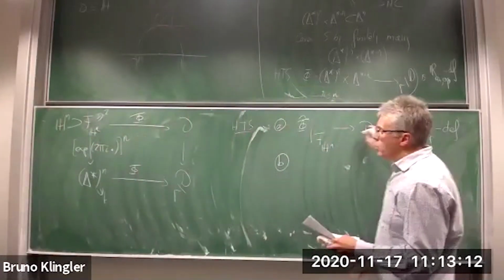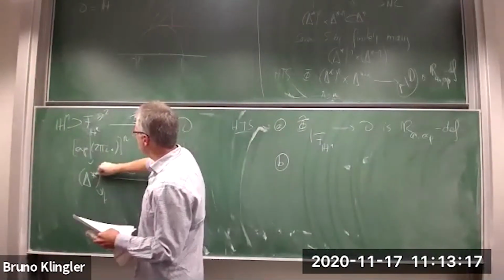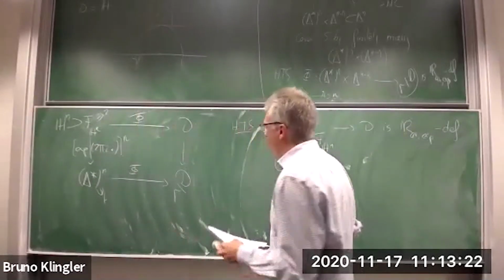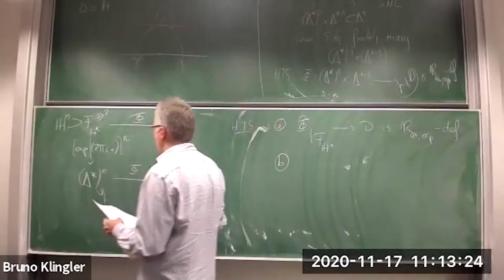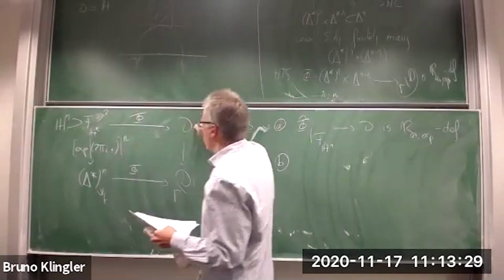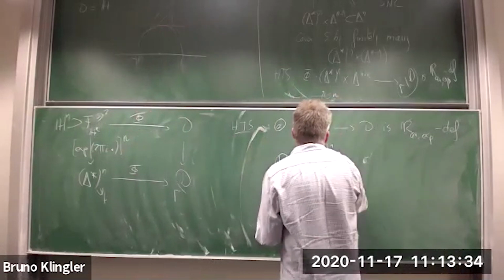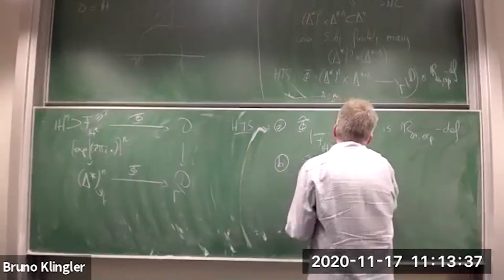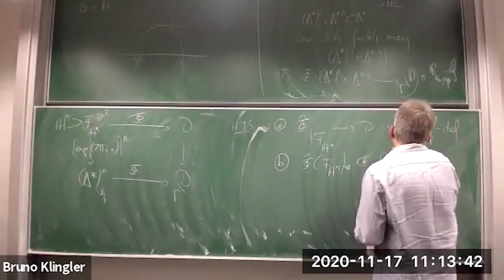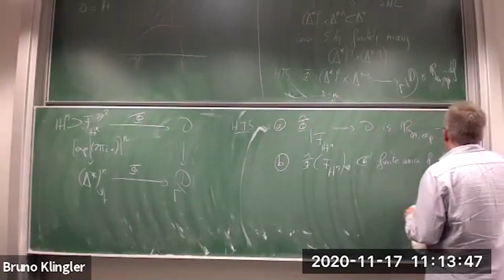So the first thing I want to show is that this phi, in restriction to this fundamental set, is definable, because then this composite will be definable locally. And then you have the global problem: you want to be sure that globally the map is definable, which means exactly that you map this Siegel set into a finite union of Siegel sets. So you want to show that phi tilde of this Siegel set on the left is contained in a finite union of Siegel sets for D as defined above.